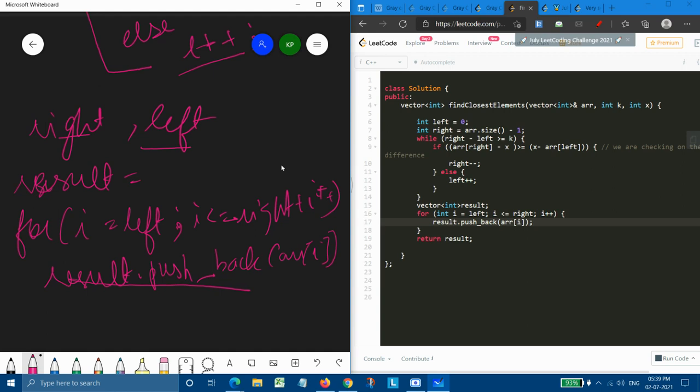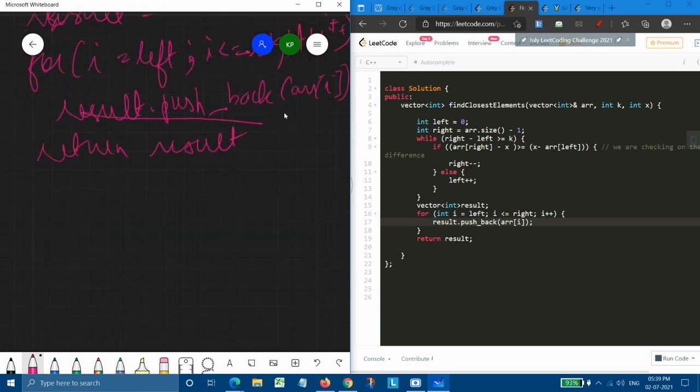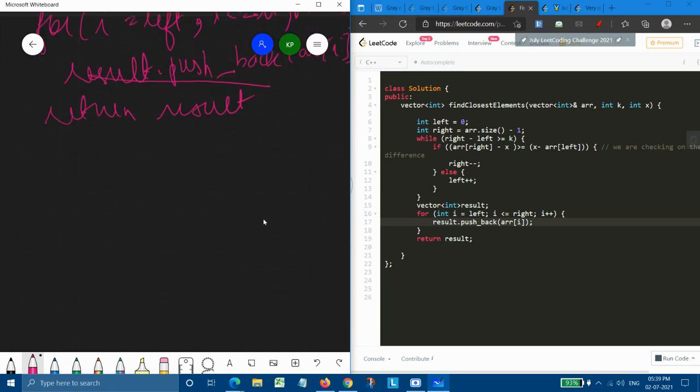And why is it already sorted? Because our input array was already sorted, so we don't need to sort it again. We simply need to return our result vector. And after this, we are completed with our solution.